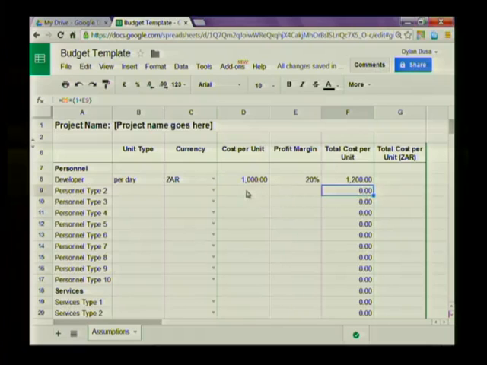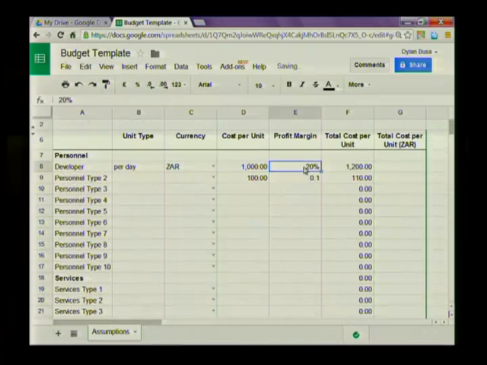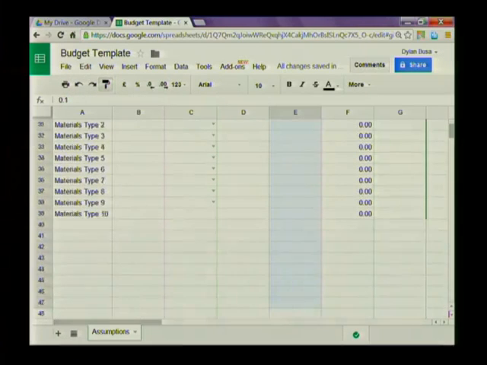in these cells. But if I were to add some values, let's say 100 and 10%, look, 110 Rand. You can also see that these cells don't have the formatting that the top cells do, and I want to change that as well. So I'm going to select that first cell, use the paint format, and apply that formatting all the way down here to the bottom, and do exactly the same with this formatting, and apply that all the way to the